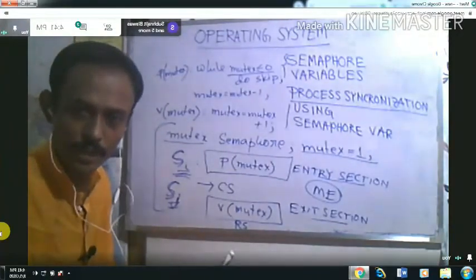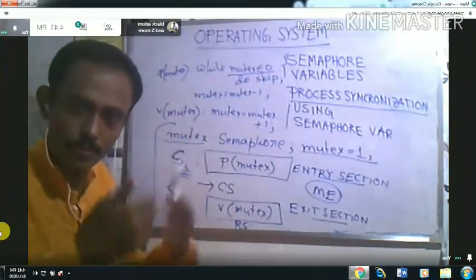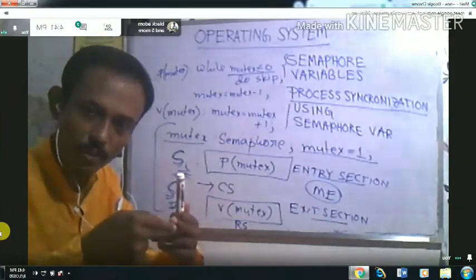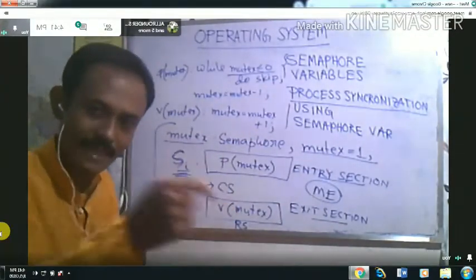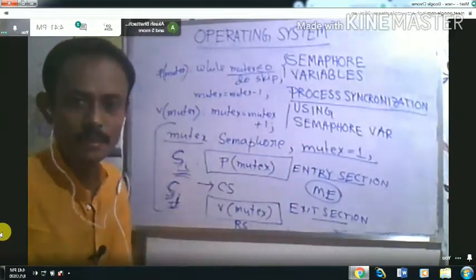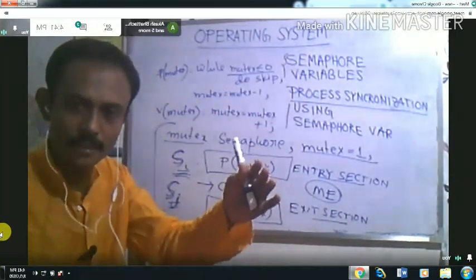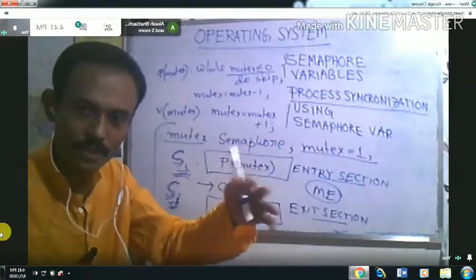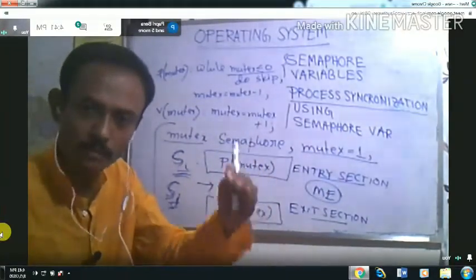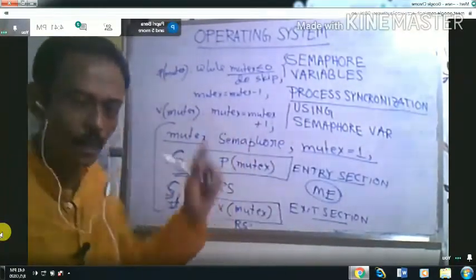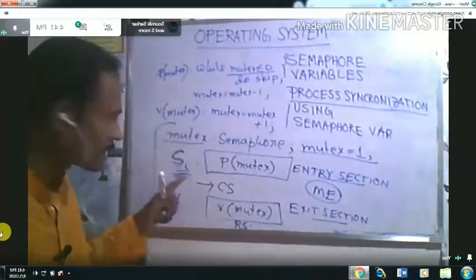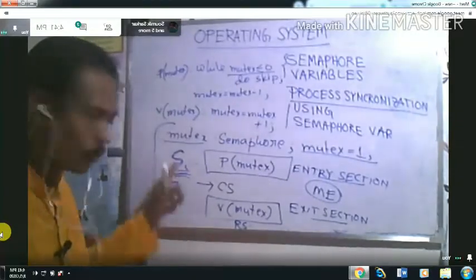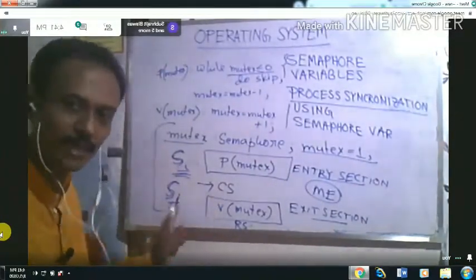Among the processes that want to access the critical section, you have to grant only one process at a time. Within the critical section, at a time multiple processes cannot get access, only one process can get the access. So through this logic we can ensure that between SI and SJ, when SI accesses the critical section, SJ cannot access the critical section.